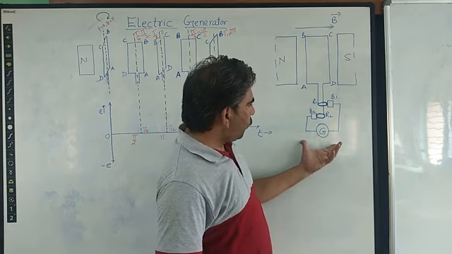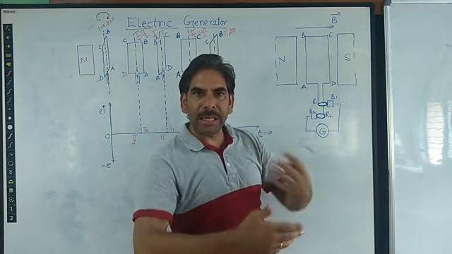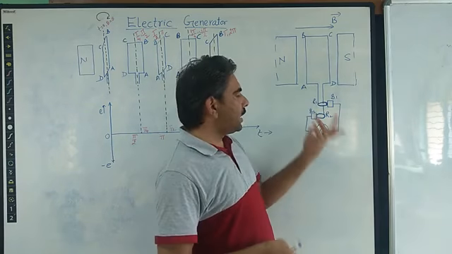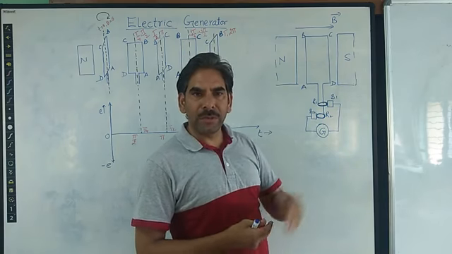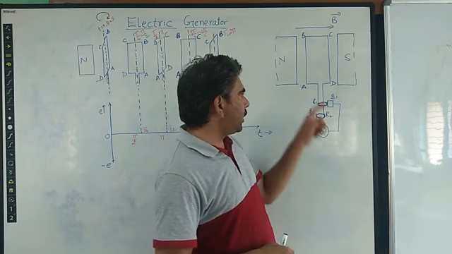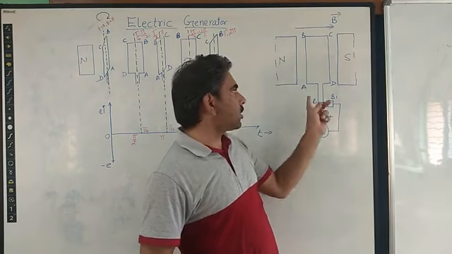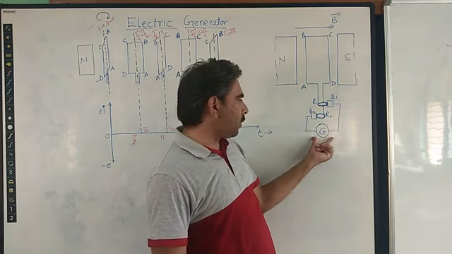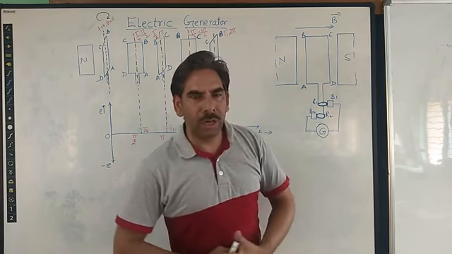We have to make this coil rotate inside the magnetic field set up by these two magnets. Whenever this coil is rotated inside this magnetic field, according to the concept we have discussed, the electromagnetic induction phenomenon, an EMF is developed across the two ends of the coil, due to which some current starts flowing in the coil, which can be detected with the help of this galvanometer, right? So this is how it works.